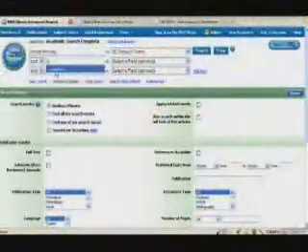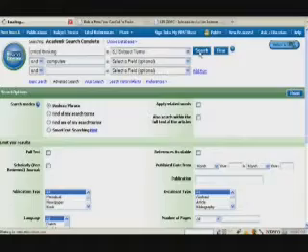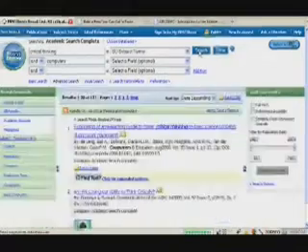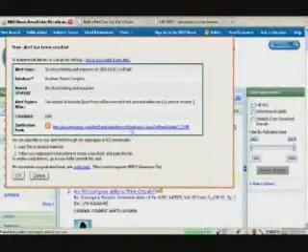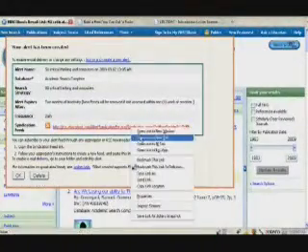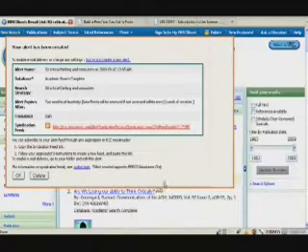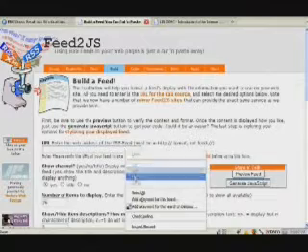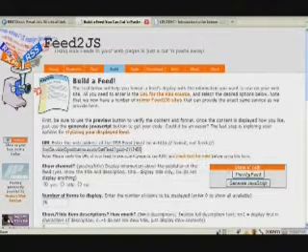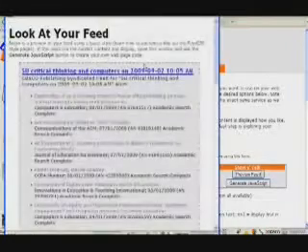For RSS, I conduct searches in popular databases like Academic Search Complete and find the RSS button for a particular search or a journal alert or whatever it is. Then all I do is copy the URL and build the feed using feed2js.org. It takes a few minutes to change some of the feed's display characteristics, like number of items to display or to show or hide